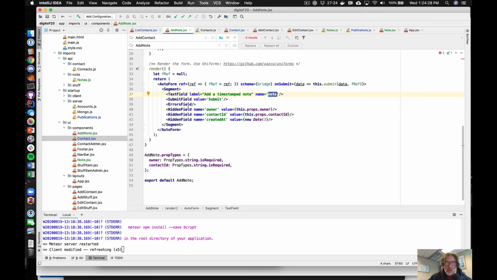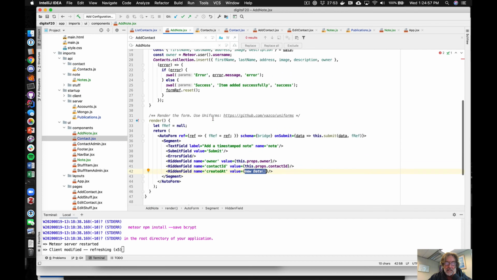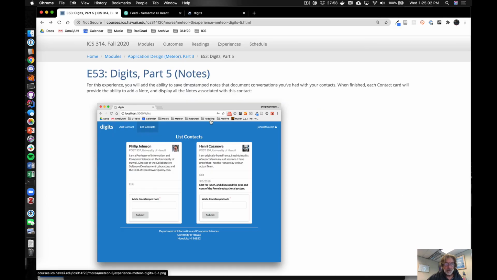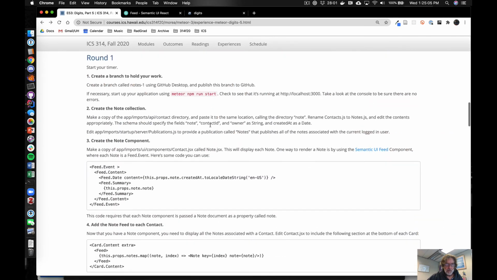And then everything else for this particular form object that's returned when we submit, we're going to compute. We're not going to display the field, but we'll still compute 3 field values. We'll compute the owner field as the value of this.props.owner. We'll compute the contact ID field as the value of this.props.contactID, and we'll compute the created at field as a new date object, okay? And then when we do submit, which is presumably the next thing we have to worry about,